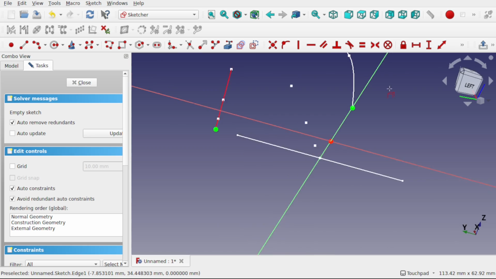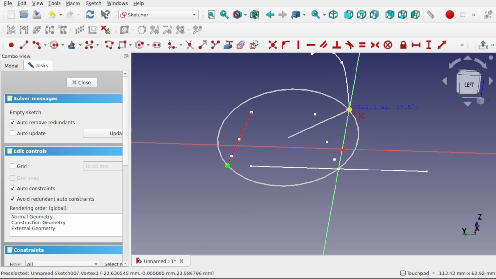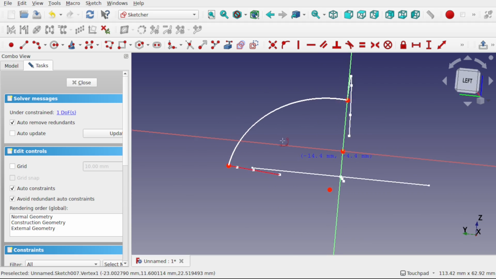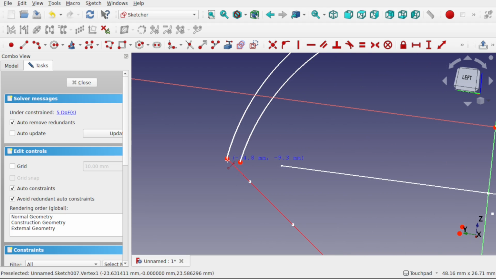Because if we got the points in there, we can then just add, I'm using the endpoint and rim point arc. You can use a B-spline if you want. We can just add an arc in here, and we'll add another one to make the inner wall. We need some lines to connect them up. Remember, we got the auto constraints and the auto remove redundant constraints, and we'll create a line in here as well. Make sure that's straight,